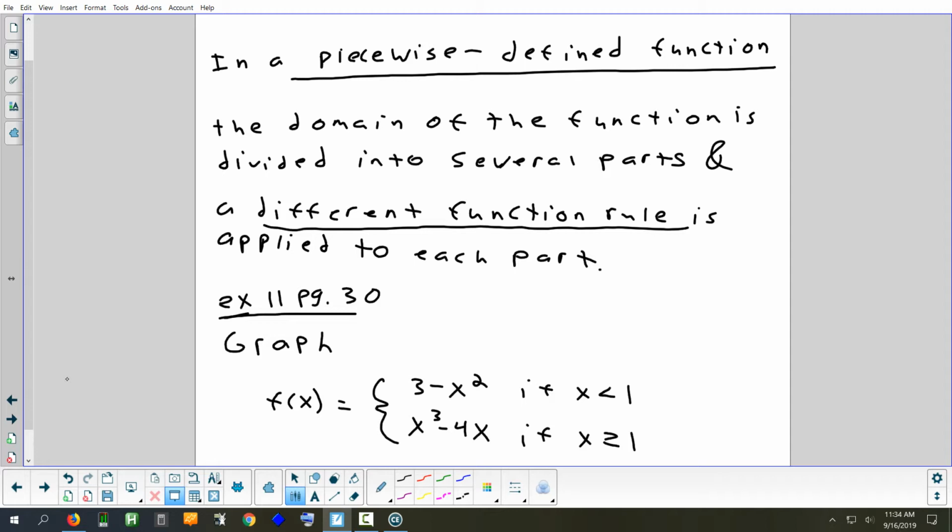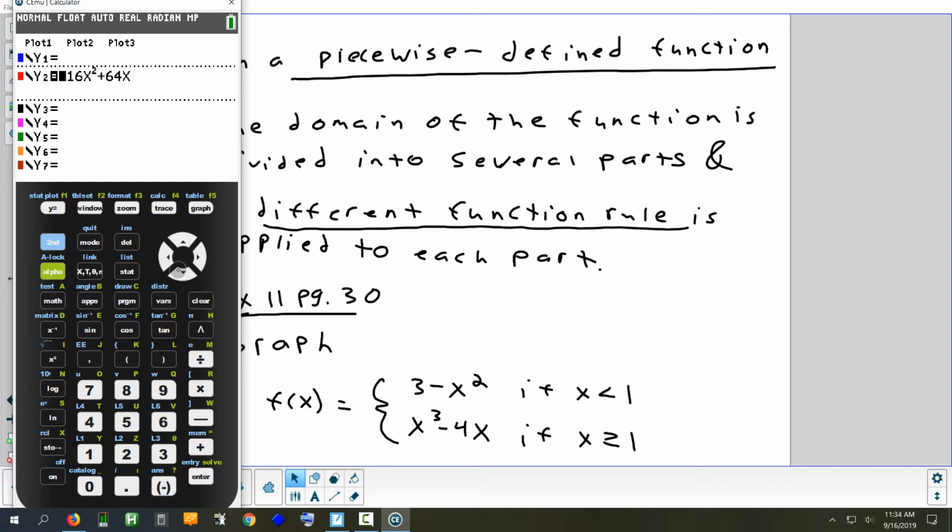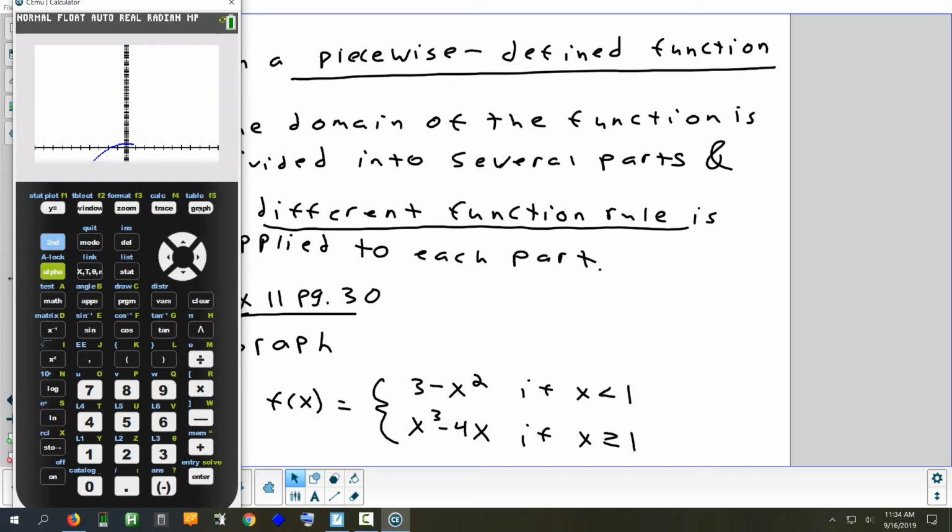All right, so let me show you what you would do if you were graphing this. If you type this in, just watch this for a second. You're going to get a parabola. Let me do zoom 6. So you get a parabola, but it draws the whole parabola. I only want to draw this parabola when x is less than 1. So I want the parabola to cut off, like right there. I want it to just draw it and stop. And that's it. So the way I can do that